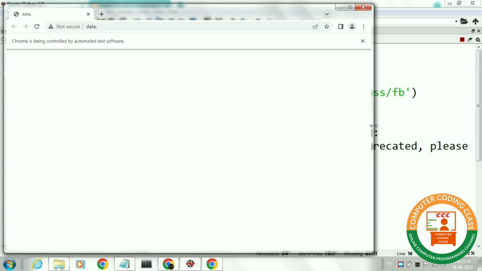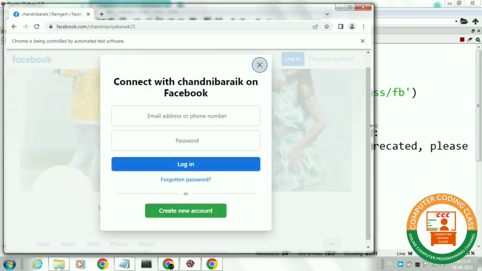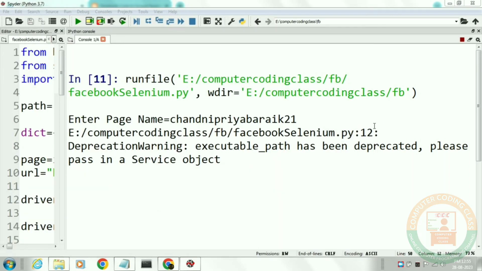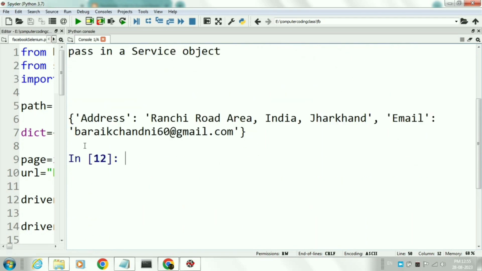It can display the desired information only if the owner of that page specified the phone number, email and address on his page. This program will take some time because we have inserted a 5-second delay.